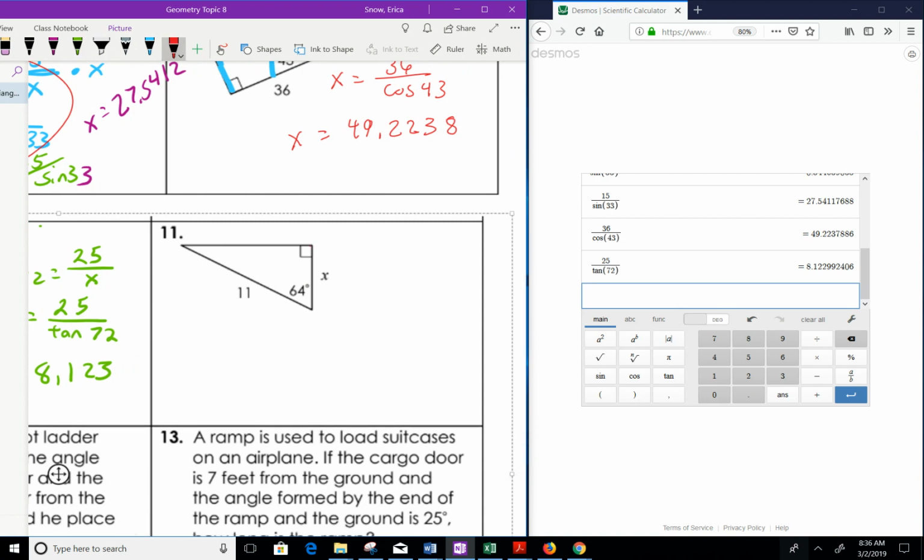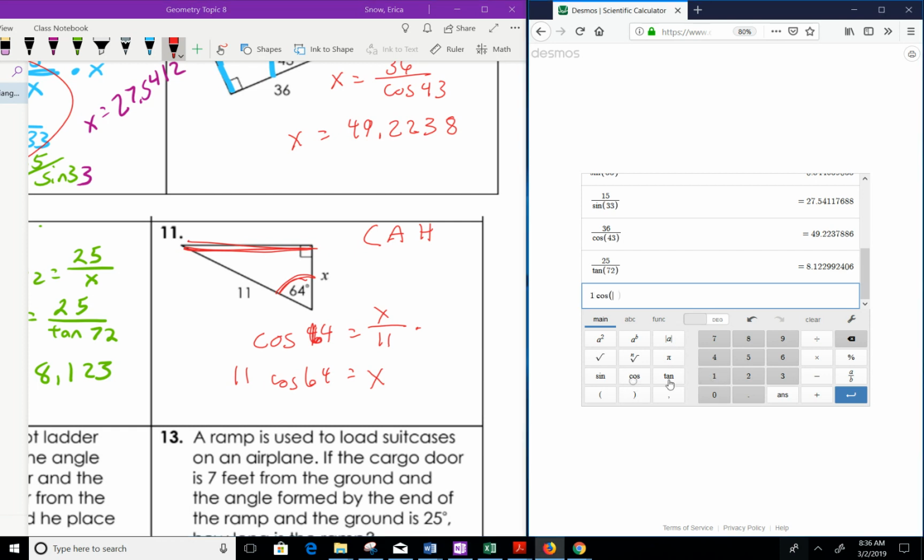Okay, this is our last of our easy ones. We're given 64. There's our opposite side. So we have the adjacent and the hypotenuse. So that's going to be cosine. Cosine 64 equals x over 11. And now we have that 11 back in the denominator. So 11 cosine 64 equals x. Make sure you put it in Desmos correctly. 11 cosine 64. And we get that 4.8221